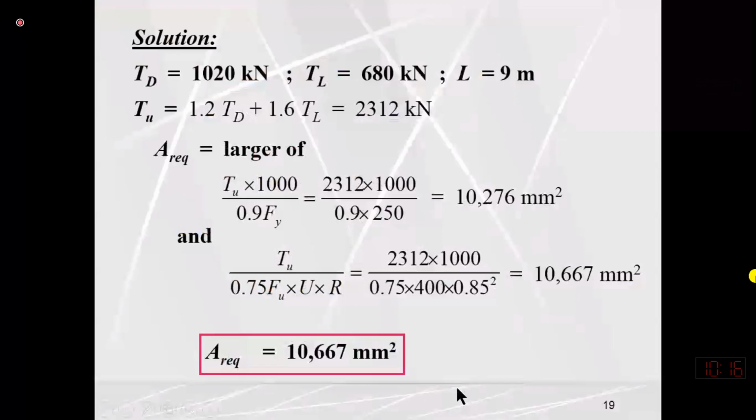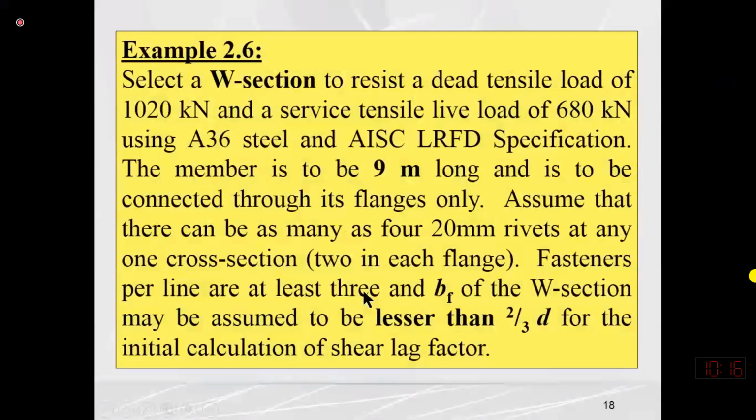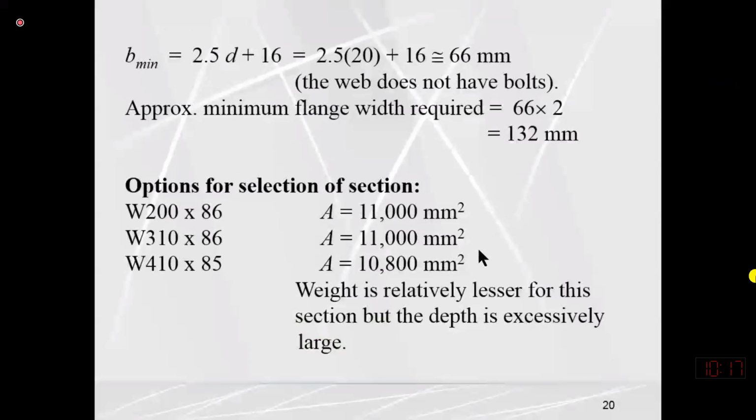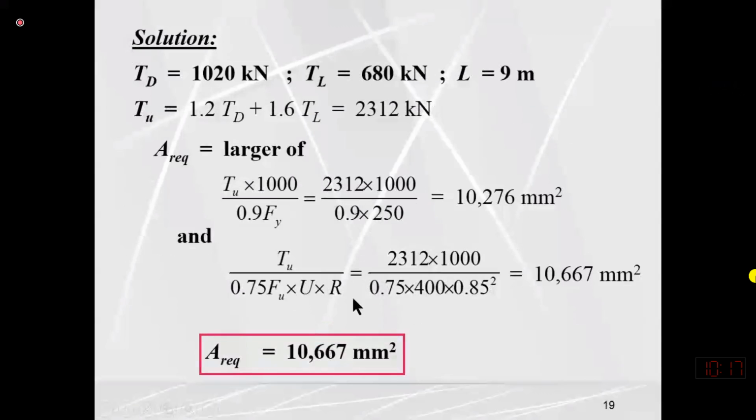Further, we are provided here with the diameter of the fastener. It means that we can compute the area of the hole which is to be punched. But we do not know the gross area. The gross area is unknown, so we cannot determine the actual net area, or say how much the gross area will be reduced after punching the hole. So in that case, what are we supposed to do?